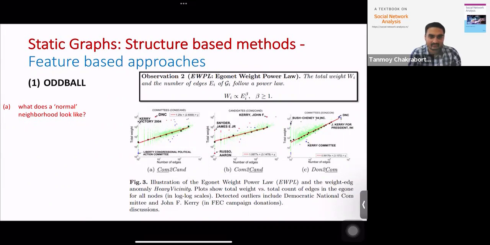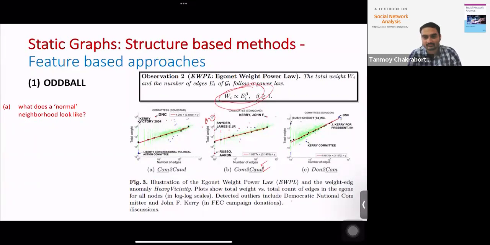And this time they look at heavy vicinity. For heavy vicinity, they relied on two other metrics. One is the total weight W, and the other is the number of edges. Similarly, for every egocentric net structure, you measure E, and you also measure W, and then you plot those points. These green points correspond to those ego networks, and then you have a fit. And this time they said that this is the normal behavior. So Wi should follow a power law,